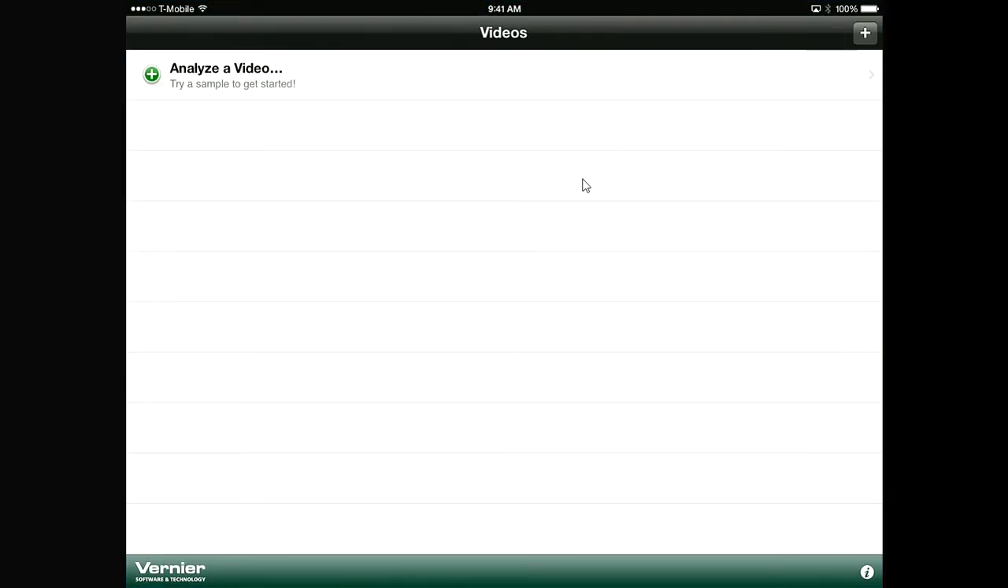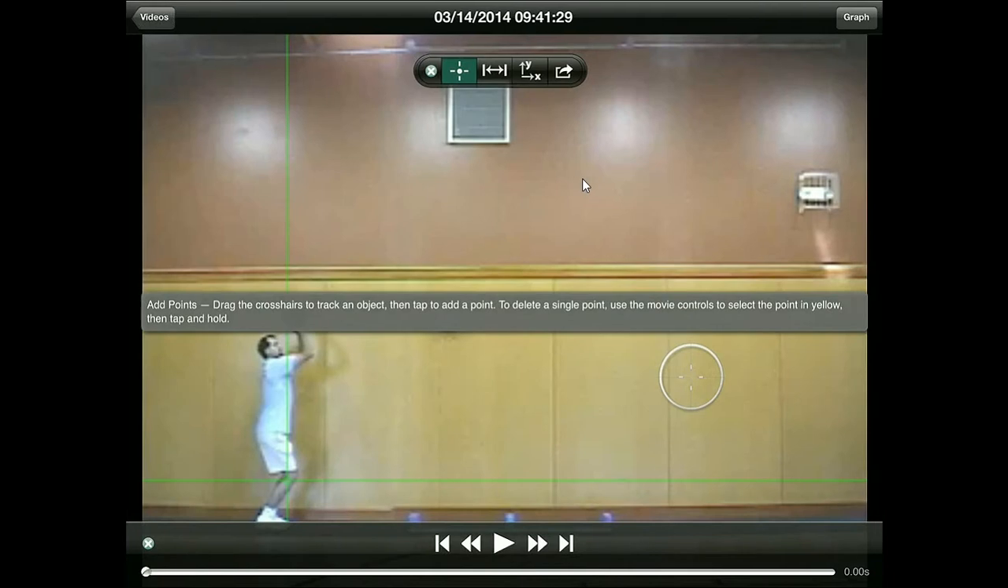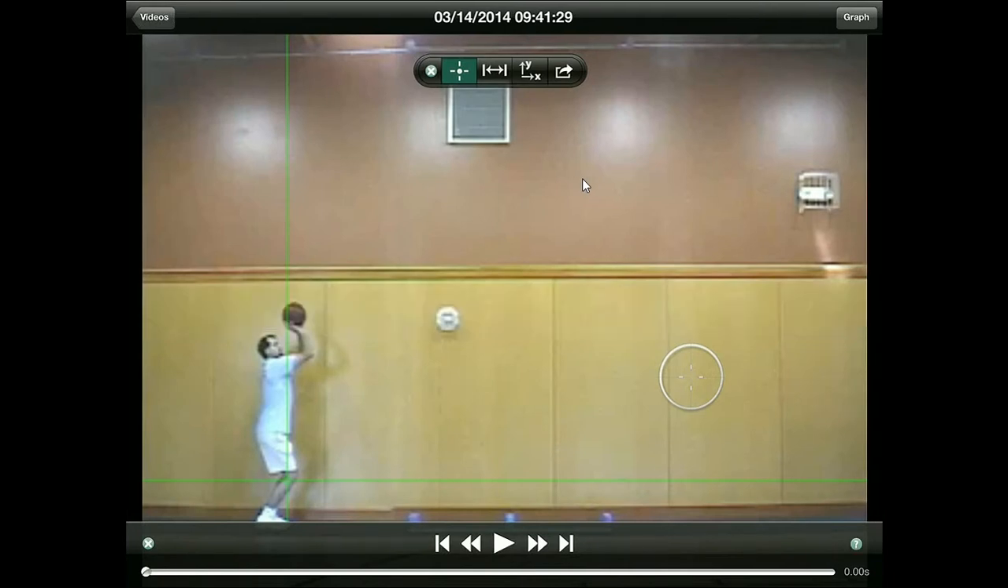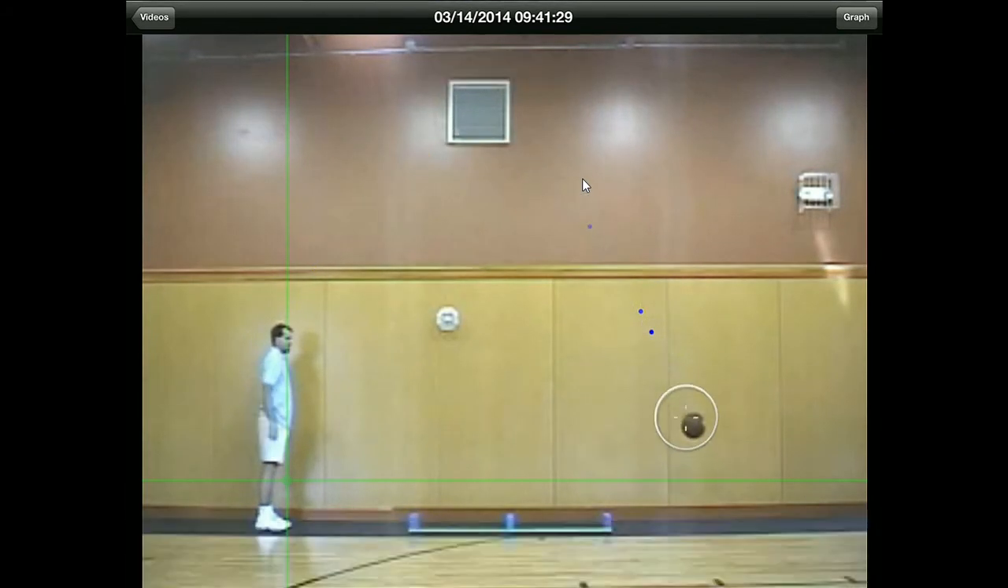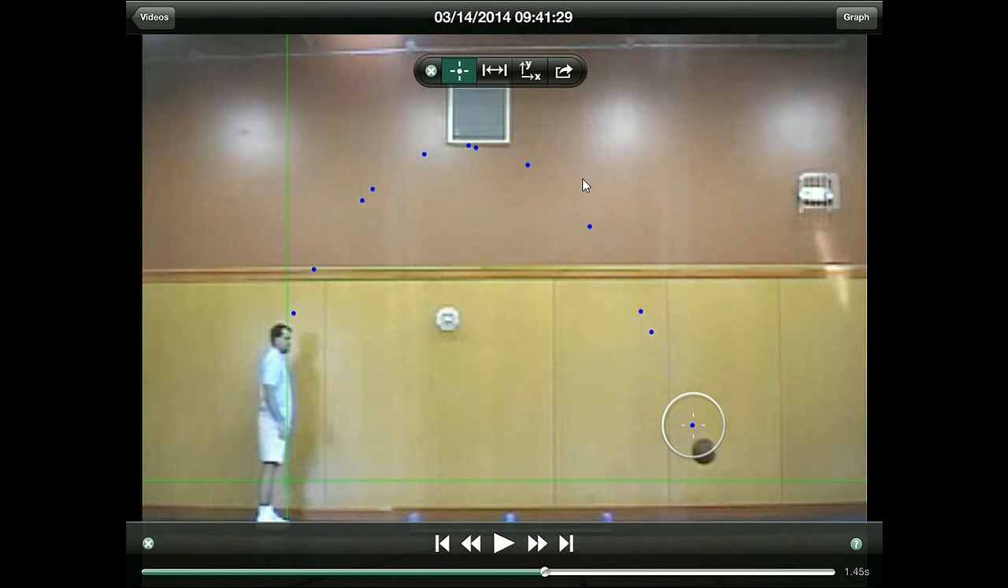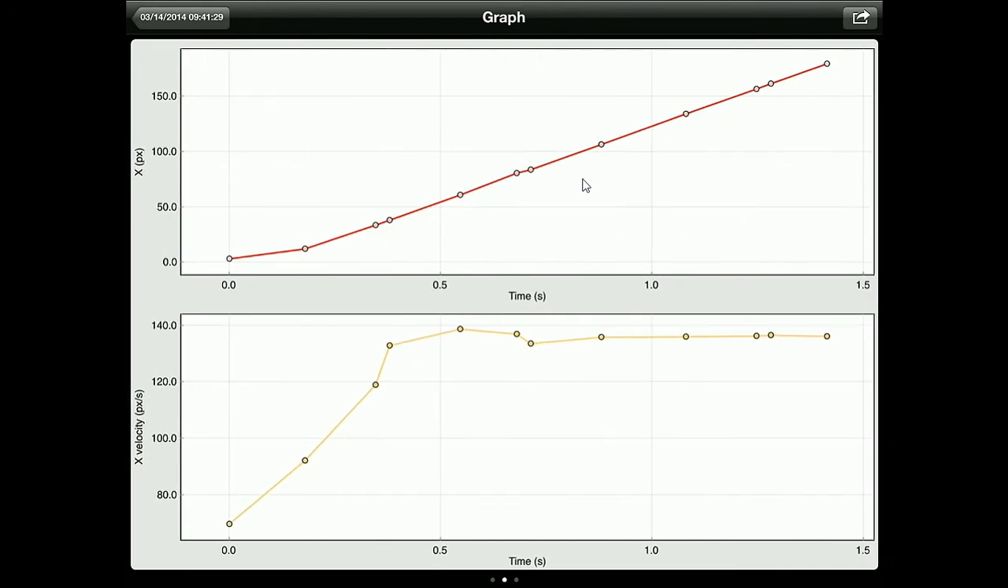The first step to doing this is to take your own video or choose an existing video, but in this case I'll use a sample one. And when you open up the app, you have the option of plotting points. And when you plot the points, you're actually tracking the motion of the basketball itself. After tracking the motion of the basketball itself, I'm able to create a graph that measures position versus time, as